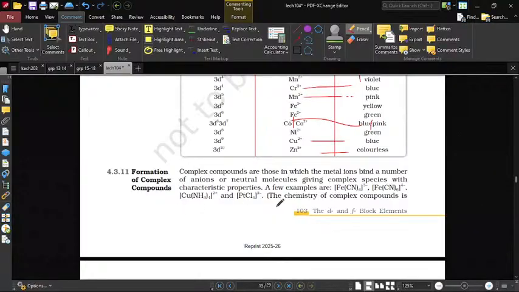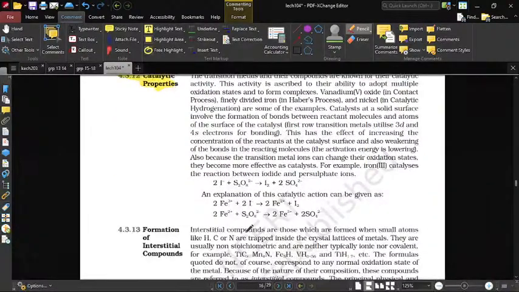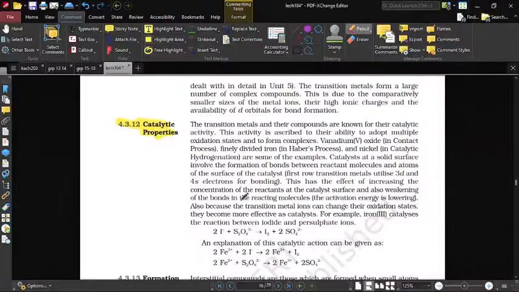The chemistry of complex compounds is dealt with in detail in Unit 5. The transition metals form a large number of complex compounds. This is due to the comparatively smaller size of metal ions, their high ionic charges, and availability of d orbitals for bond formation. Okay, we have read up to here, we came from 16 to 24, 9 pages remain,